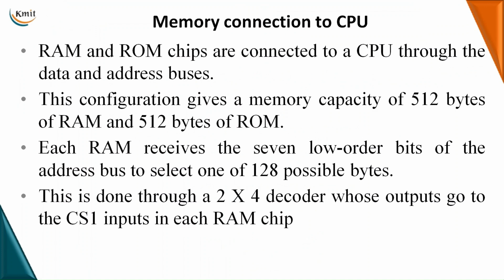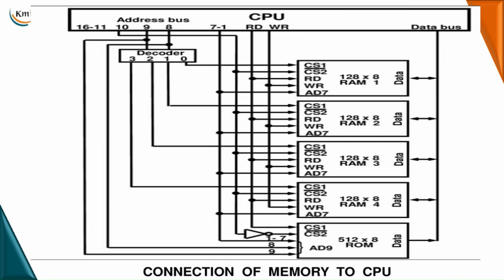Coming to the memory connection to the CPU, the main memory which consists of RAM and ROM chips, they are connected to a CPU by means of data and address buses. So let us see a main memory which is composed of RAM and ROM and which is connected to a